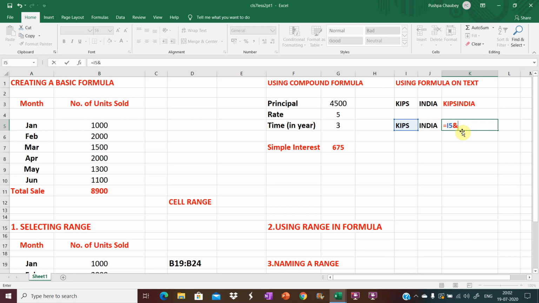To give the space, type double quote, give one space in between, close it, ampersand, click on India, its address is added here, press enter key. You will see the space in between KIPS and India, these two words.